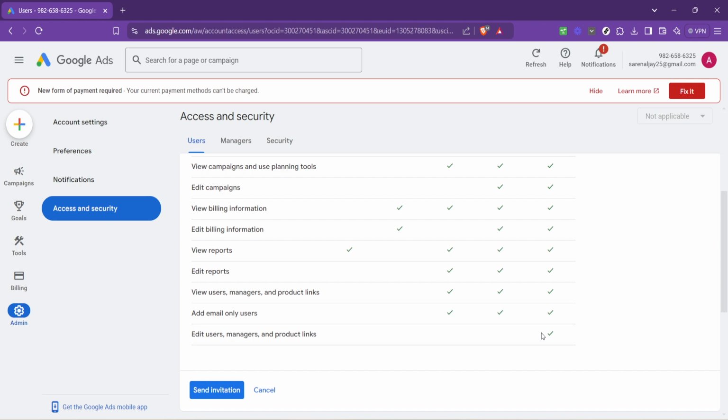I hope this tutorial has been helpful. Adding an admin to Google Ads is a straightforward process once you know where to go and what to do. Whether you're adding a colleague, a marketing agency, or a new team member,